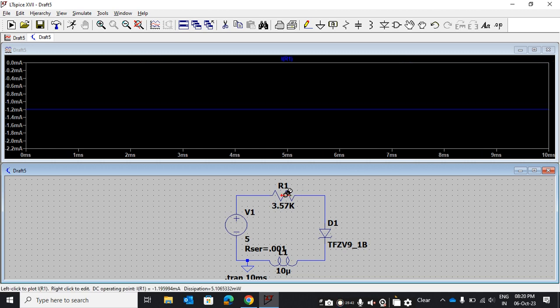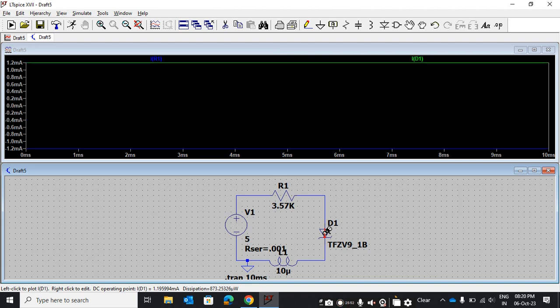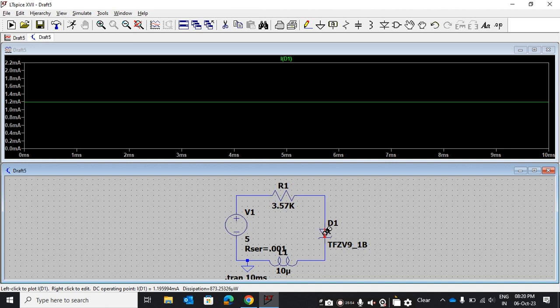If you double click, then only the current will show. Same thing here, if you left click here, it will show the current. It is also showing its current. Same here. So like this you can measure the current and voltage.